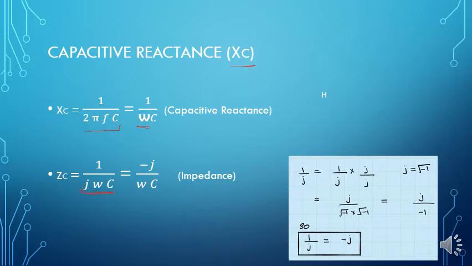The same, we will add imaginary part j in our formula. And we can also say that capacitive impedance is equal to minus j over omega C. 1 over j is equal to minus j. How? I have derived it over here, 1 over j multiplied by j over j, as we already know that j is equal to minus 1 under root. So by putting the values, we got j over minus 1, which is equal to minus j. Okay.